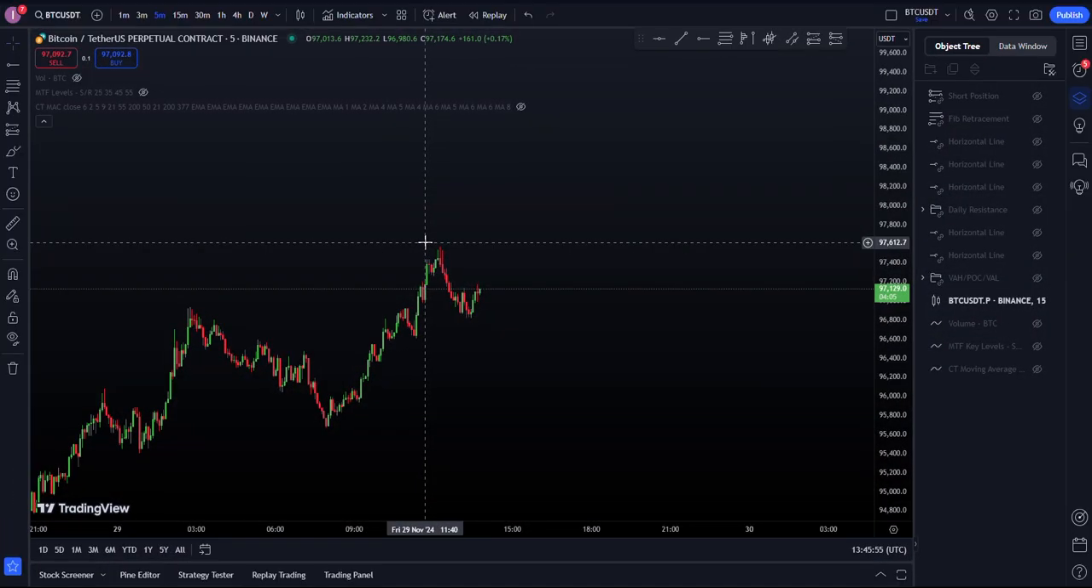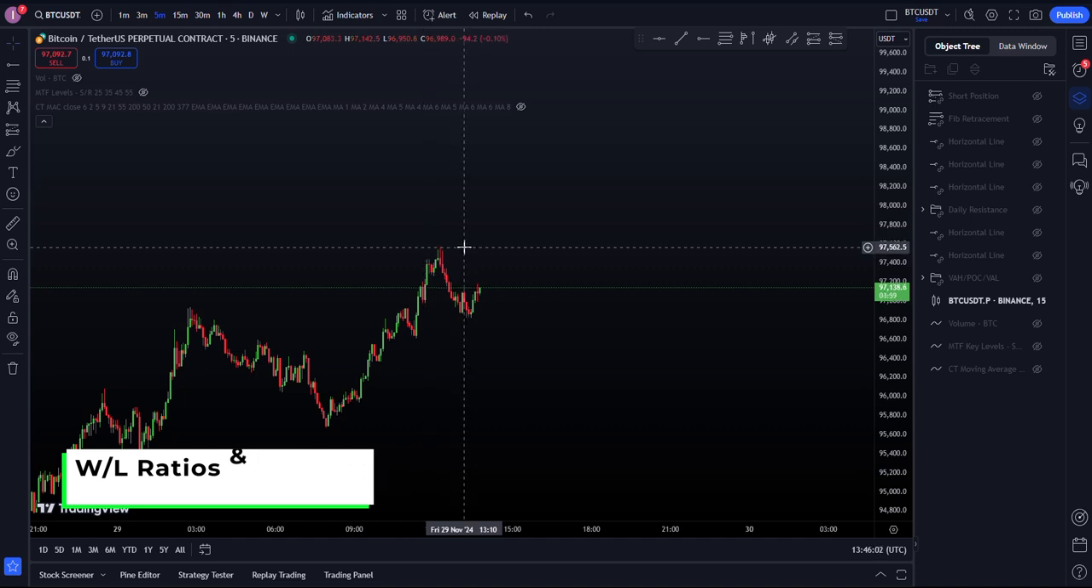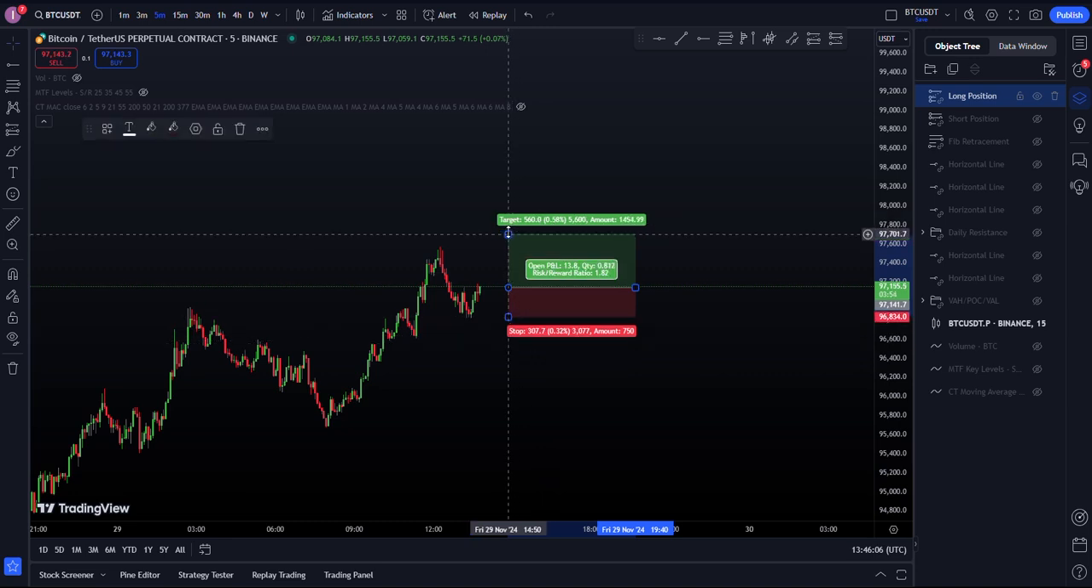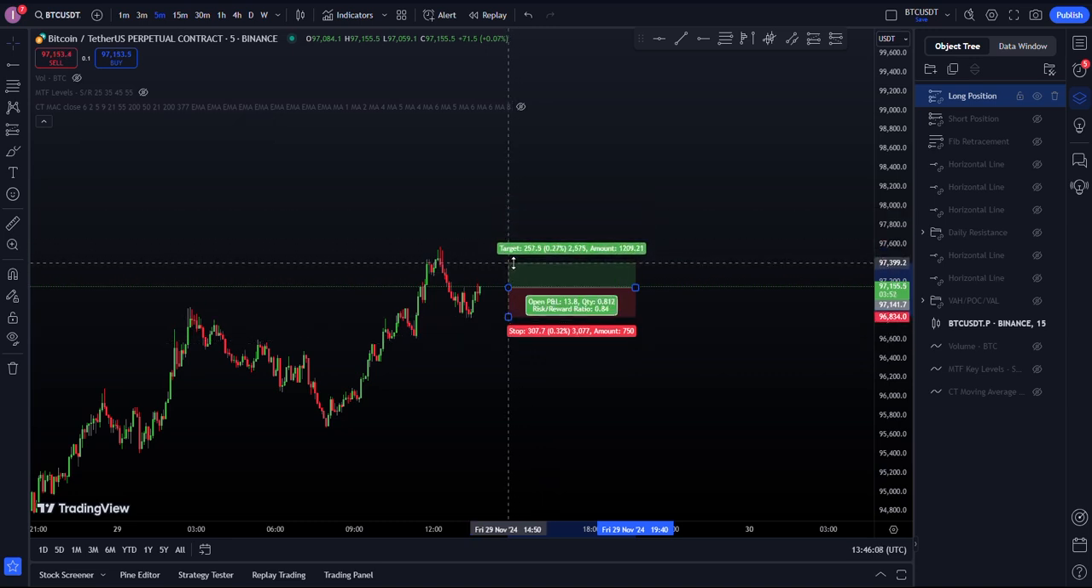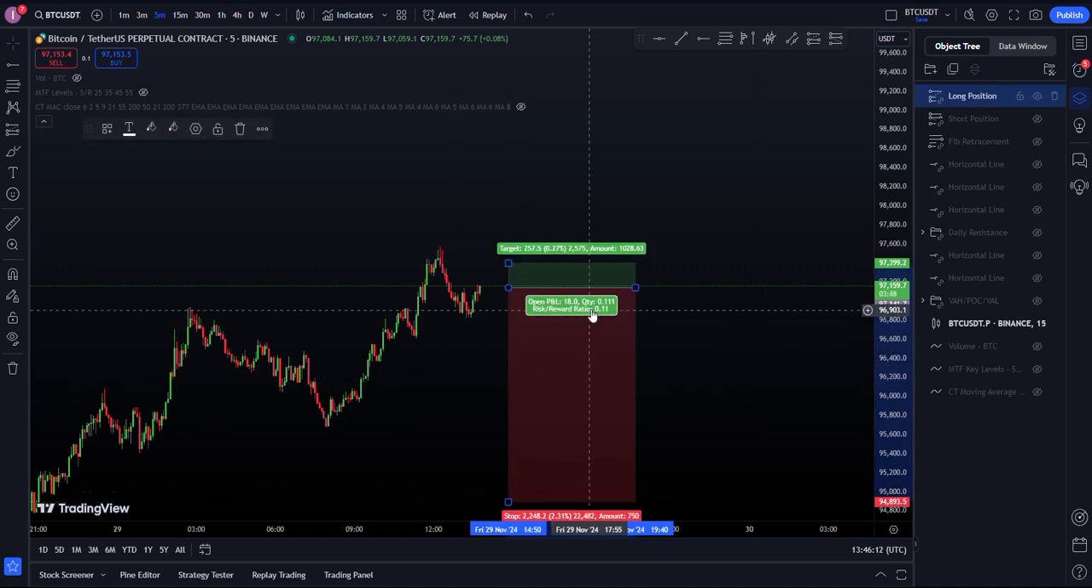In this one, we're going to go over the win-loss ratios of your actual trades, and then also the risk to reward ratio of the trades. So, for example, say you were to open a position here, you don't want your take profit to be super close and then your stop loss super far, because that is an awful risk